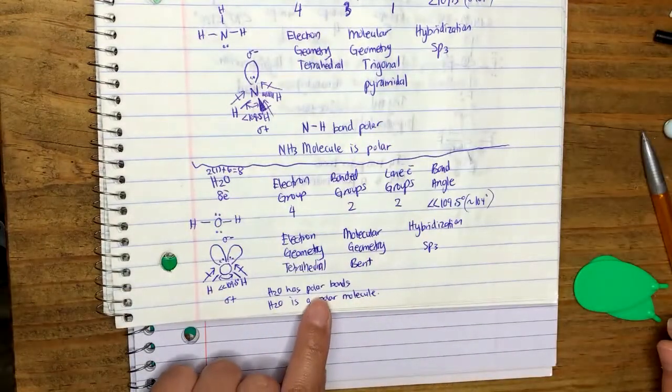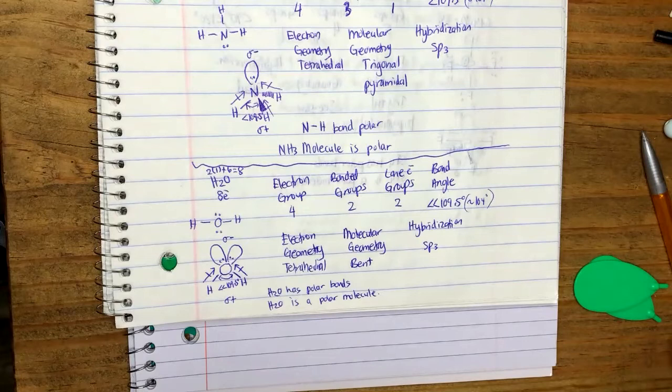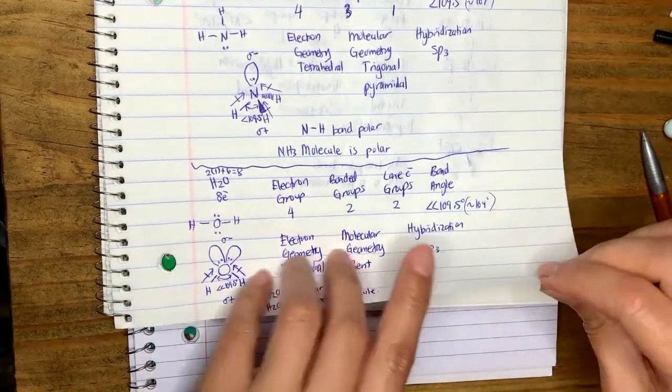Anyway, that's that for our water molecule here, okay? Water has polar bonds and is an overall polar molecule because the bonds do not cancel each other out. Let's take a look at